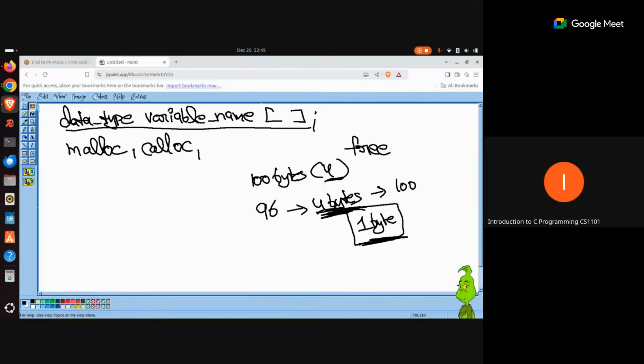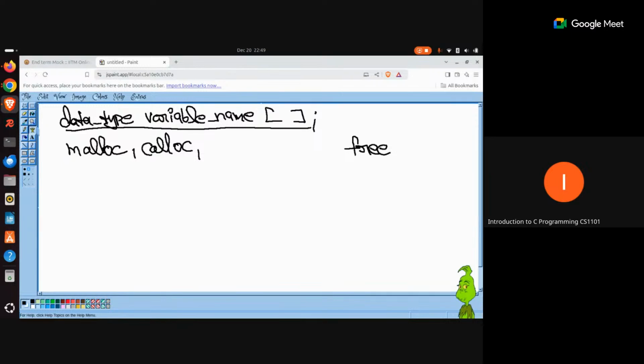Now that you are able to understand this, let's talk a little bit about syntax. Firstly, I'll tell you about malloc and calloc, the syntax of it. Both of these functions are used for the same purpose. They are used for allocating memory dynamically, or during the runtime. This is what their purpose is. So malloc, the way it works is, it requires you to pass the number of bytes you want to request as additional memory. So you have to provide the number of bytes.